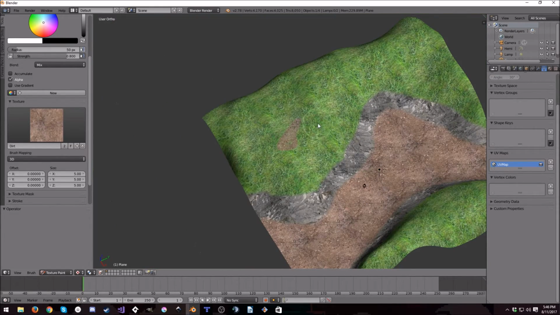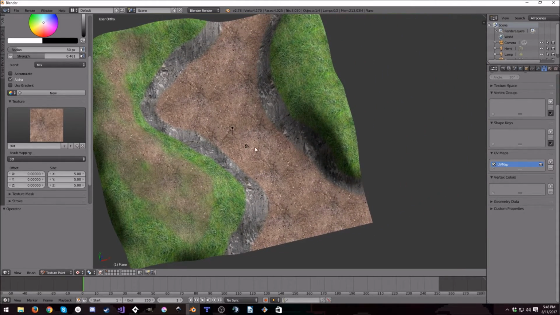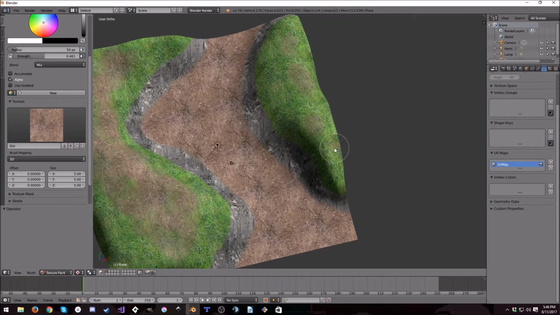So one thing we can do is, let's lower that just a little bit. We can brush up just a little. Oh, it's still too strong. Oops. There we go. So we can go up in here and just mix in just a little bit of dirt up here. Probably too much strength, but that's okay. Like I said, you can always set the grass back to 1 and it just goes right over top of it,